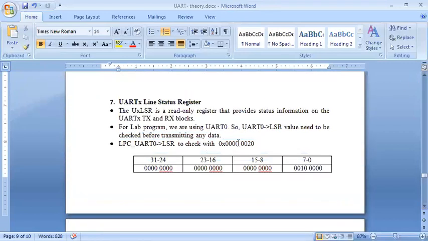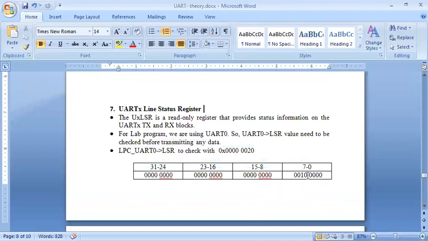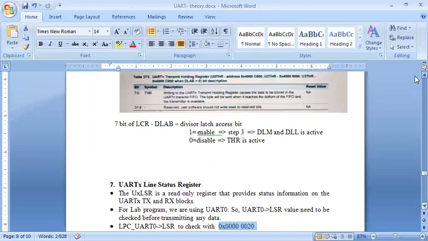So my first step should be what? For that, what is the value I'm going to check? My checked value will be this one. Fifth value, fifth bit, correct? Is 1. If it is 1, it is empty. If it is 0, it is not empty. Okay, so what I'm going to check? I'm going to check for 20. So this is what I'm going to check for this.